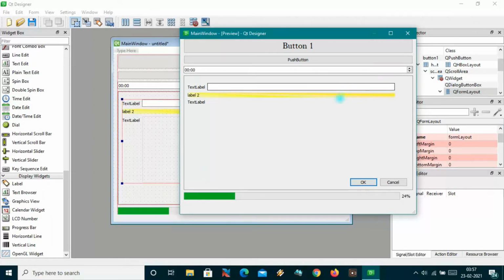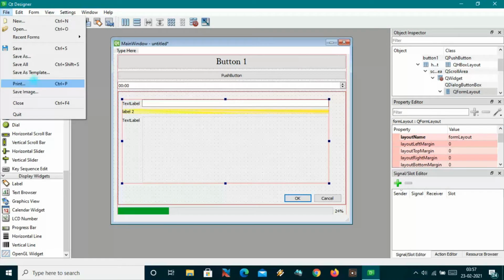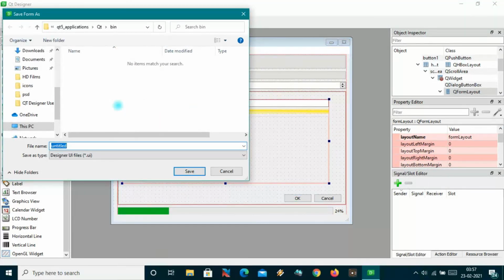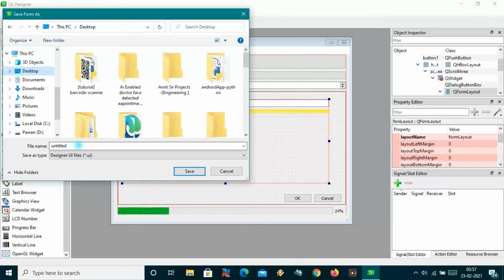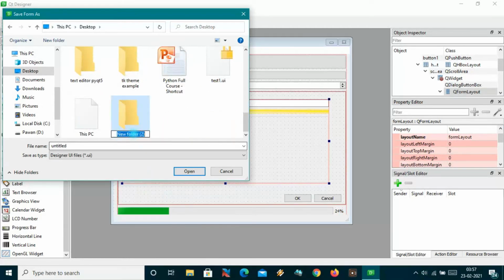So you will have to get its code in Python, so that you can add your backend to all the things. How can you do that? Let me save it. I'll come in Save As, and you must save this file in the folder which you are working on. So I will come on desktop and create a new folder here, because I am going to work on a separate project.